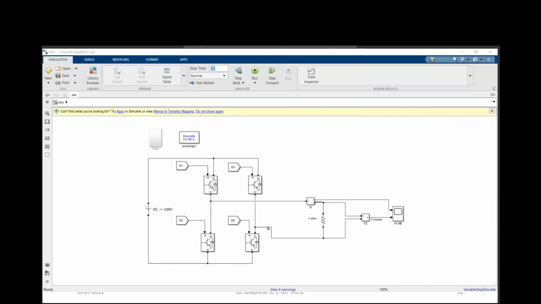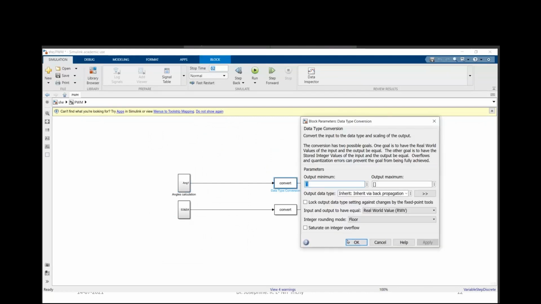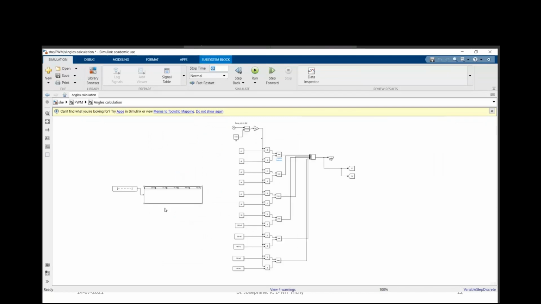So you can do this simulation on your own. Shall I wait or shall I go to the next topic? See, why I have used this convert block is that you cannot connect two distinct signal types. Whatever this AND operation, they are logical operators. That means they are binary, either they will give 0 or 1, and this is not compatible with the normal 1, normal 0. So for that, there is something called